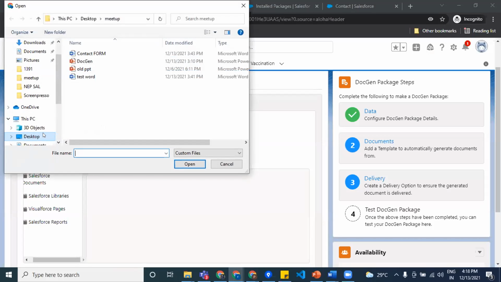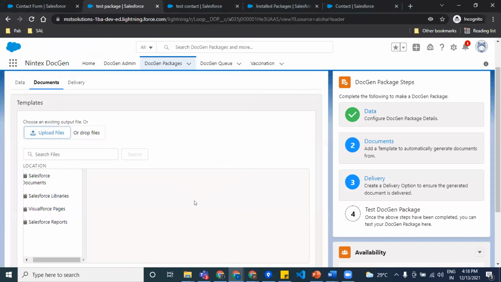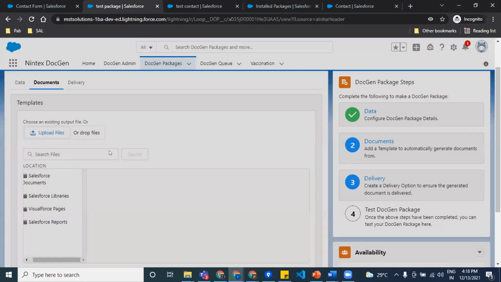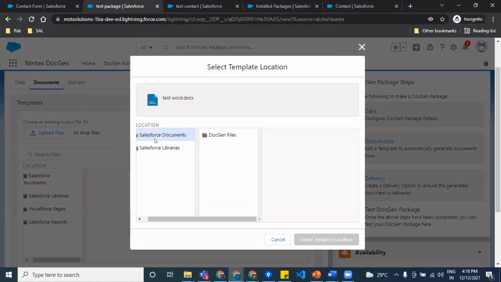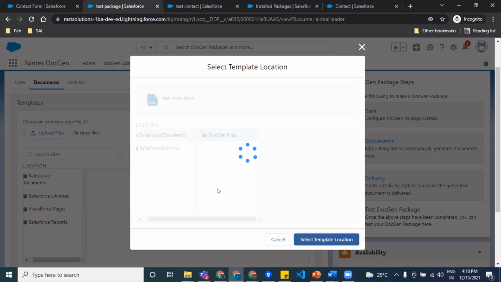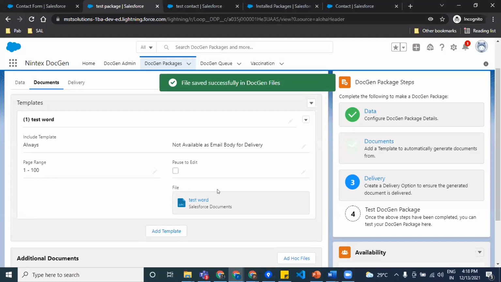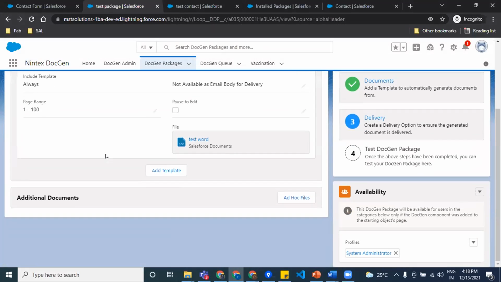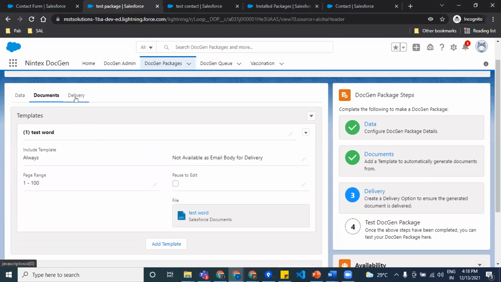So this is going to be the format for which your end or resultant PDF will look like. So I'm just going to select and download it. I'm just going to put this inside the test Word part. I mean the test Word document, I'm going to place it inside the documents section.